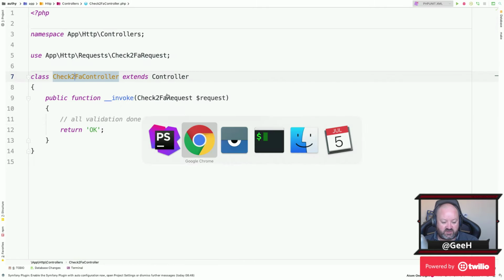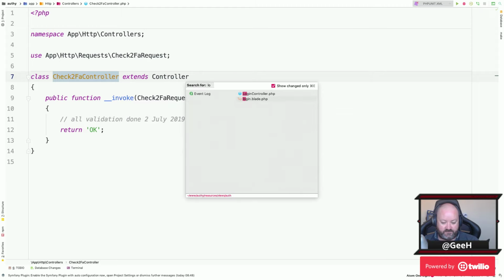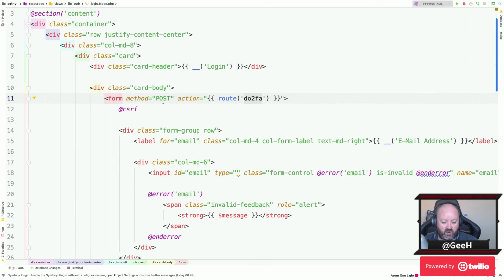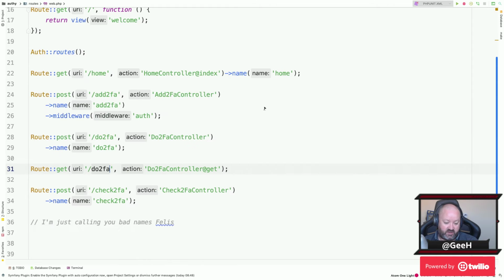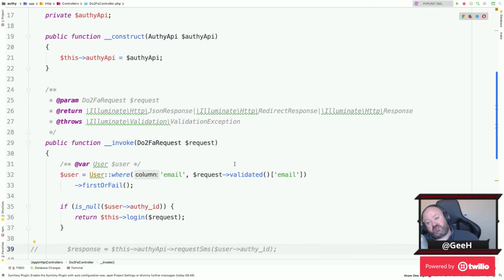So let's go back. The flow that we've done so far, let's have a recap. We've changed the login template so that instead of posting to the login route, which is something that's created by Laravel when we do PHP artisan make:auth, we're actually hijacking the process and going to the do 2FA route. So if we look at our web.php, our do 2FA goes to our do 2FA controller, and that's the name of the route. So we use the do 2FA controller invoke in order to hijack the login process